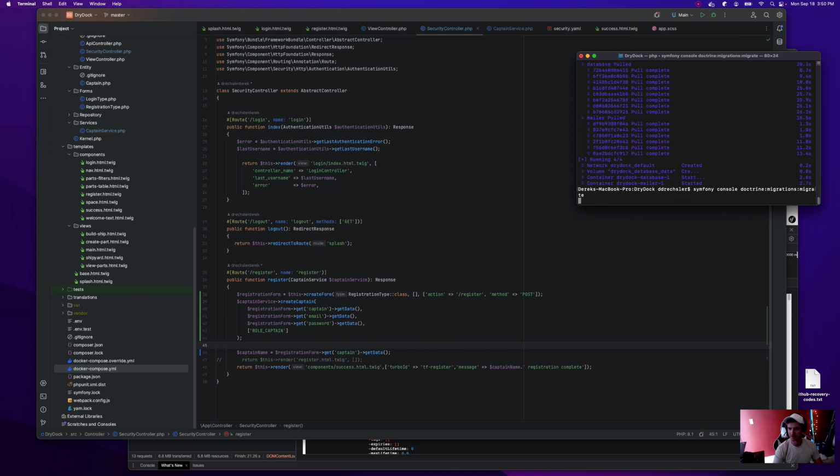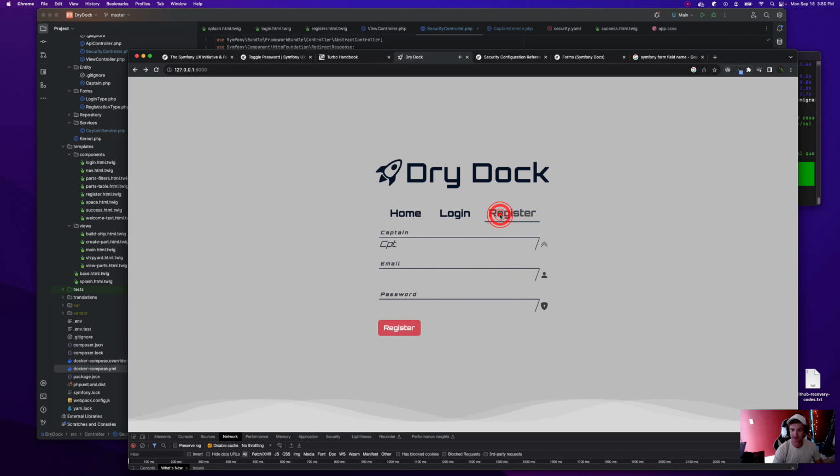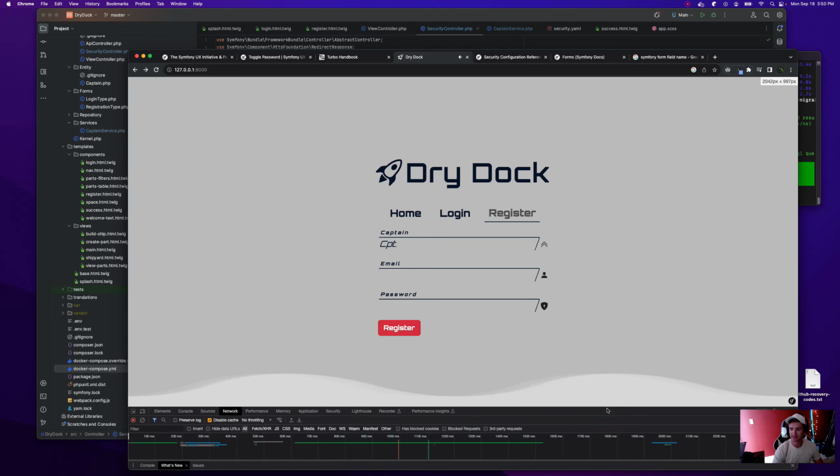All right, too easy. Now this should actually work, and we should be able to get into our Docker container and inspect the database and see that our captain object is there. And we should get a success back. We'll worry about error handling and cleaning some stuff up when we need to. We'll just do a test one. We'll just call him Captain Test. He's very testy, so watch out. And his password is just test.